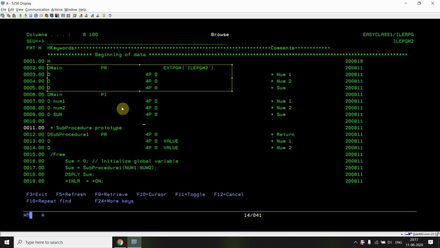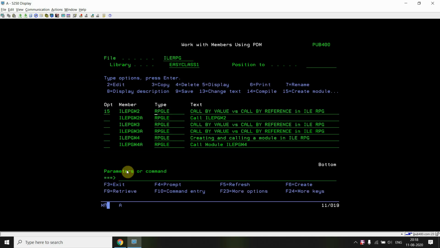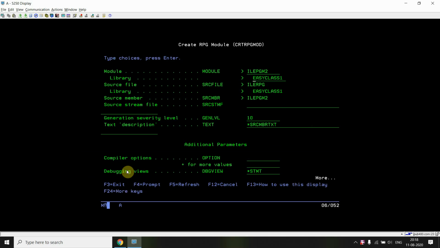So this prototype is basically call by reference because I didn't specify the value keyword here. Okay, so I'm passing three variables basically, num1, num2 and sum. Whatever the values in num1, num2 and sum, I'll be getting back to the program from where I'm calling. Now I am compiling this program module by using star source.